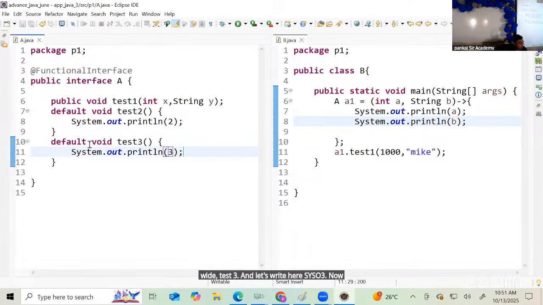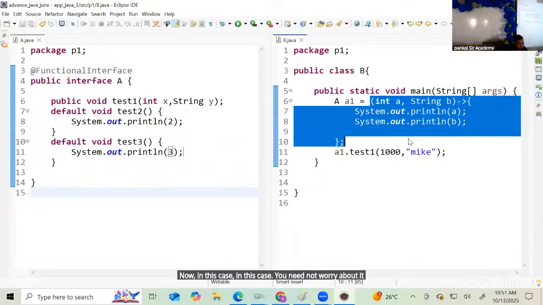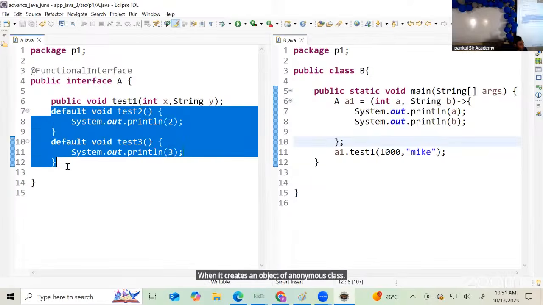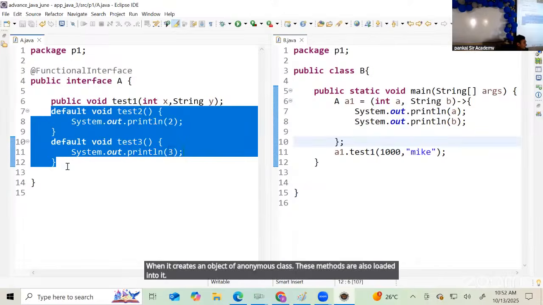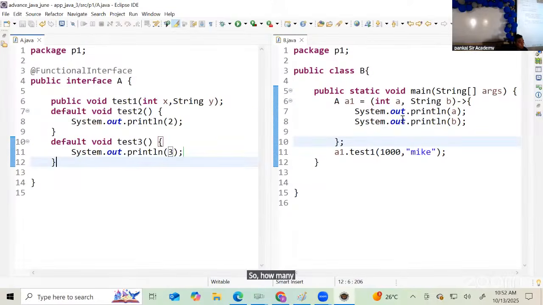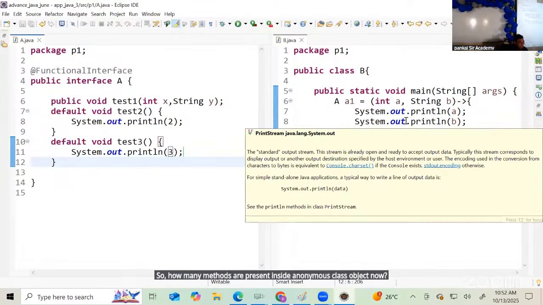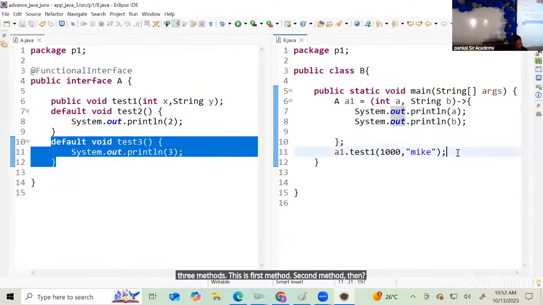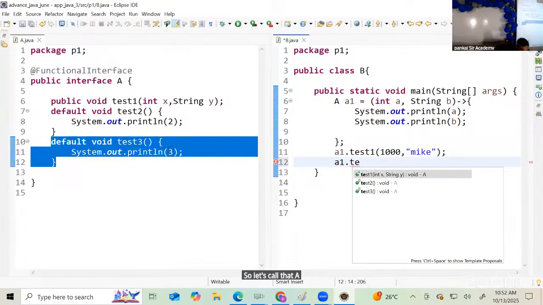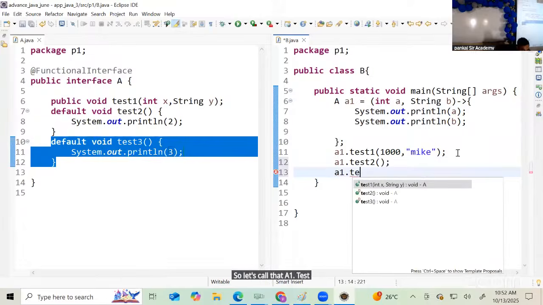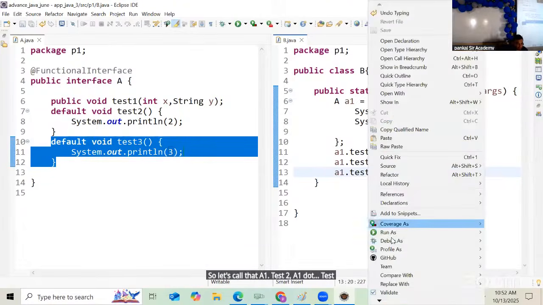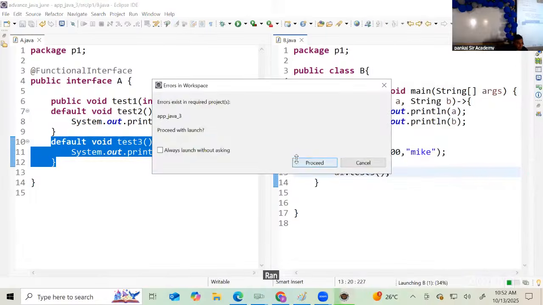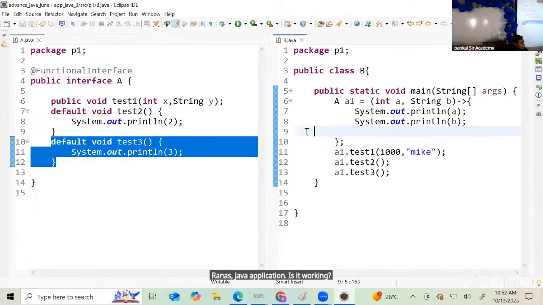Now observe. Now in this case, you need not worry about it. Our functional programming, when it creates an object of anonymous class, these methods are also loaded into it. So how many methods are present inside the anonymous class object now? 3 methods. This is first method, second method, then third. Let's call a1.test2, a1.test3. Right click, run as Java application. Is it working? Everyone